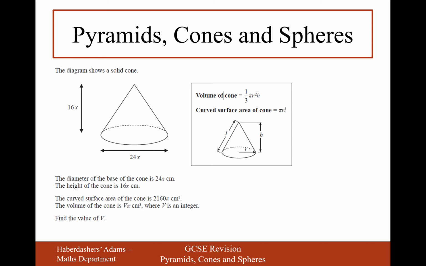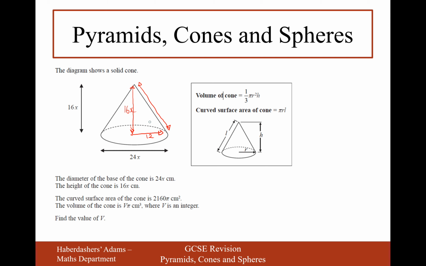Right, then another one of these ones with algebra in. So if we've got a diameter, that means the radius is 12. And we know that the curved surface area of the cone is 2160 pi. The volume of the cone is V, so we need to work out the volume. Okay, so in this question here, we need to work out the curved surface area. First, we need to work out what L is. Now we know the height is 16,